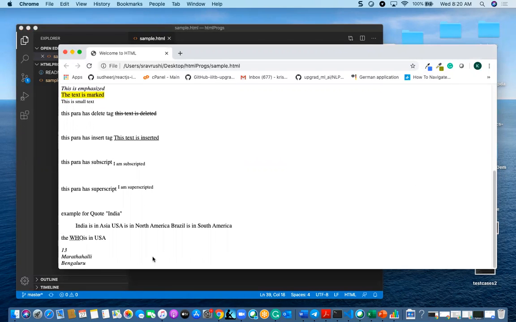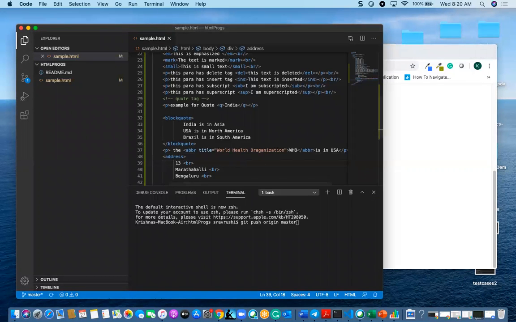Find this in here, and one more is the cite tag. It will define it. It will be displaying in the format of italic.